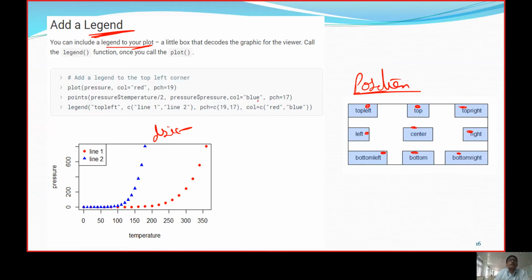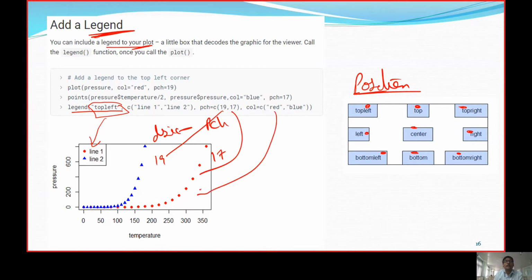So here is an example. You can see that the legend is going to be in the top left. And the second one, the pch value was 19 here, another value was 17 here.